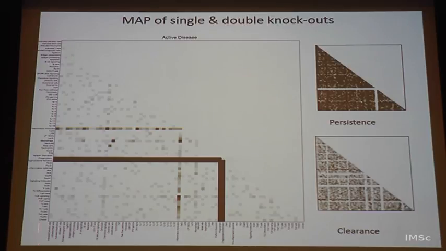These are correlation maps basically, with the same nodes on both sides. This will be when this is knocked out and that is knocked out, which is a double knockout. When you knock out phagocytosis or some assembly out here, maturation or something, it always leads to persistence. But when you knock out these inflammatory molecules in combination with, say, this particular one, another cytokine, then it can lead to clearance. When you knock out certain things, it can lead to active disease. That is what I can look at.